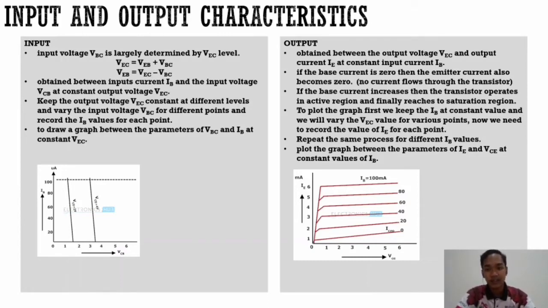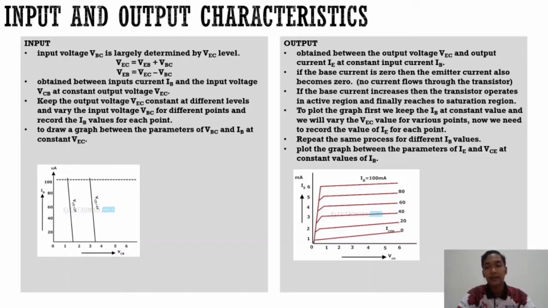If the base current is 0, then the emitter current also becomes 0. If the base current increases, then the transistor operates in the active region and finally reaches the saturation region. To plot the graph, first we need to keep IB at a constant value and vary the VEC or output voltage